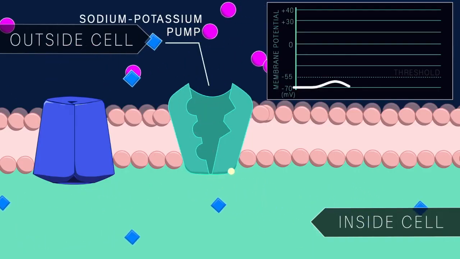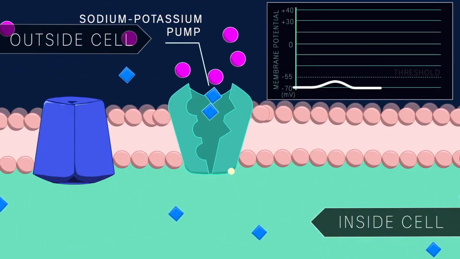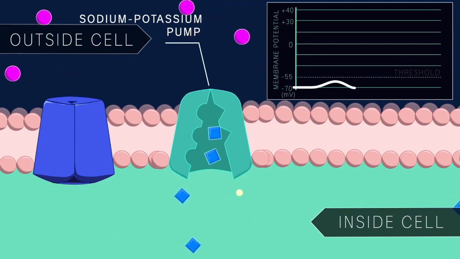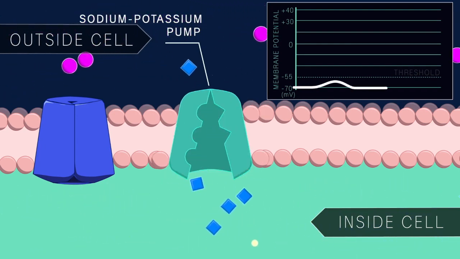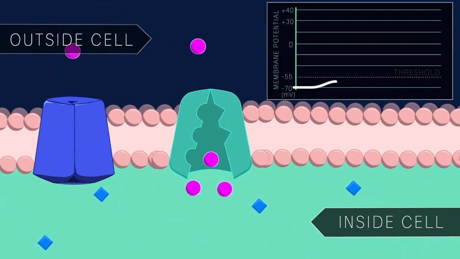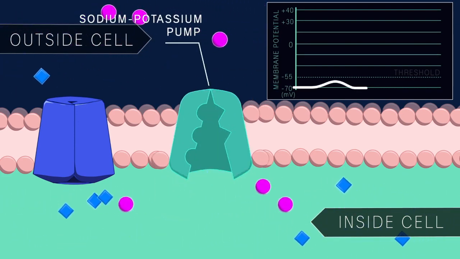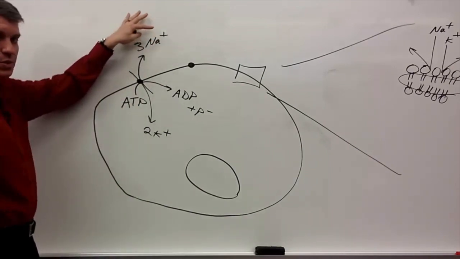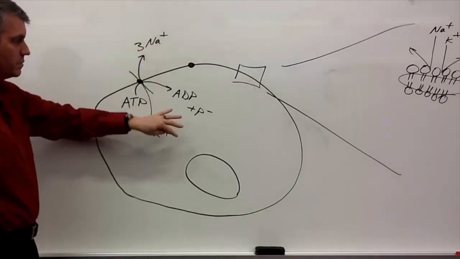Here's an animation of the sodium-potassium pump. So the sodium is being pumped out, the potassium is being pumped in, and the fuel for this pump is ATP, just like any pump that you might use in your house. You need some kind of fuel like gas or electricity to run a pump. This creates a difference in concentration, of course, of sodium on the outside of the cell and potassium on the